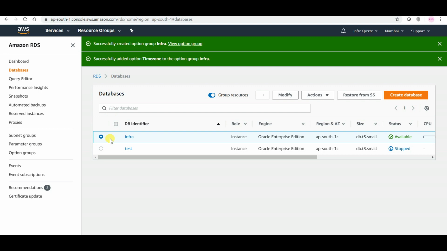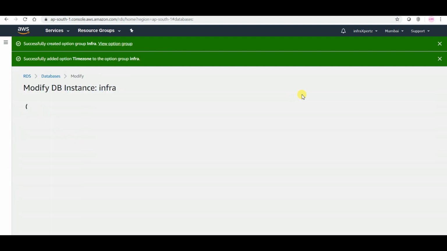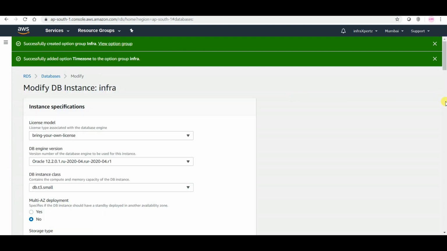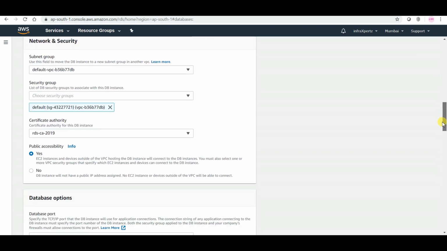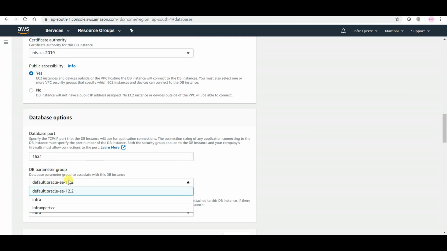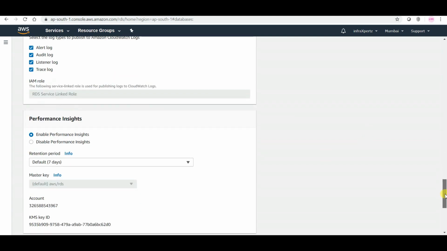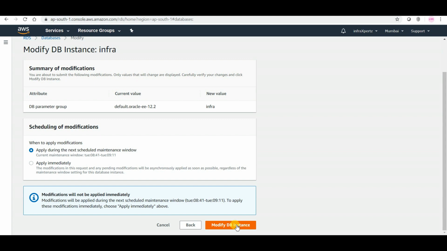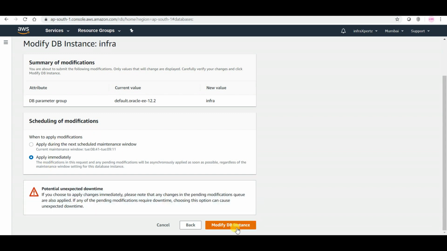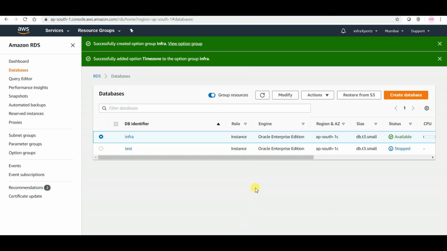Let us go to our database, modify it. From the database options, let us choose the parameter group, continue, apply immediately. This will again bounce the database, since this is a static parameter, and it is currently in the state of modifying. So I will pause the video until this is modified.